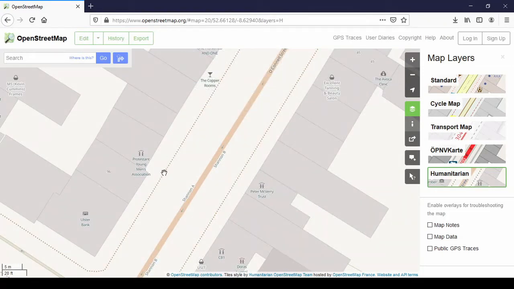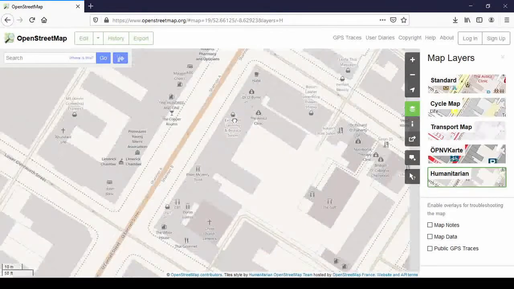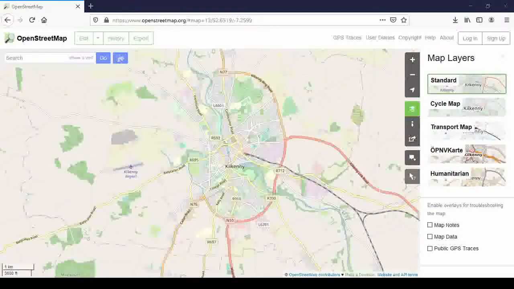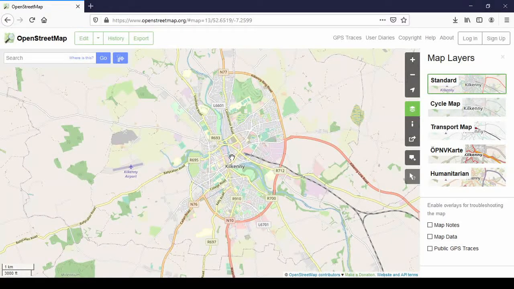It shows less now because it's not considered important for the Humanitarian one. It's not a good example. So I'll go to somewhere in Kilkenny where I know it works. So if I zoom in on Kieran Street in Kilkenny,